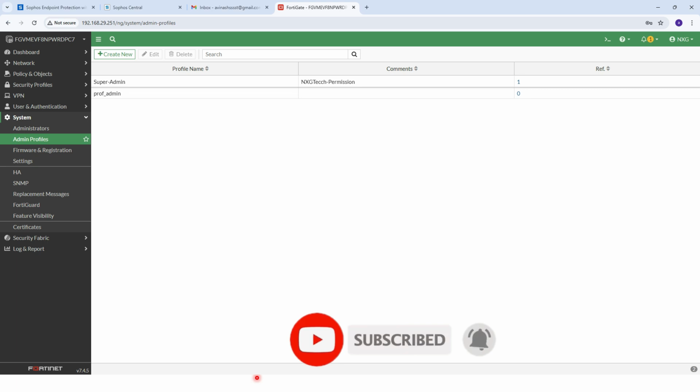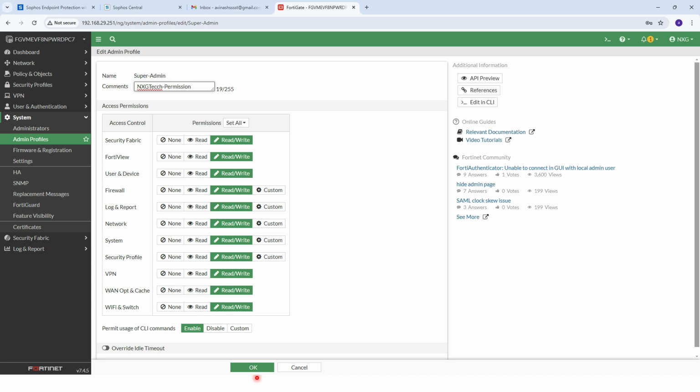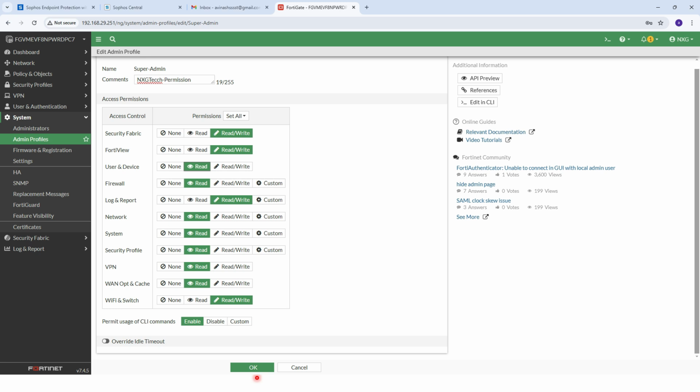So please give rights as per your company policy. Don't give maximum rights to new users, or you will face a lot of problems. If required, you can give read only on Wi-Fi, WAN, then read only on VPN, security profile, system, network, firewall rule, users and devices. You can give like this.